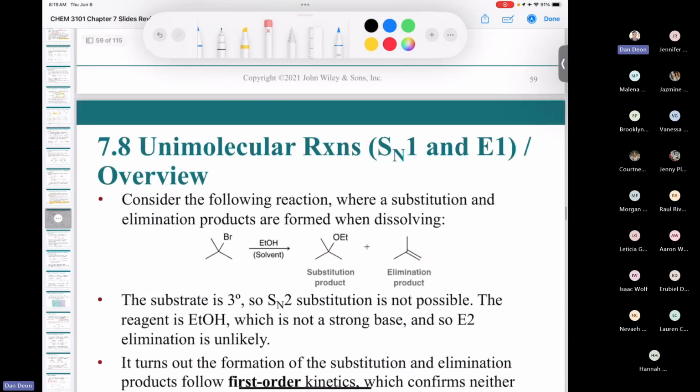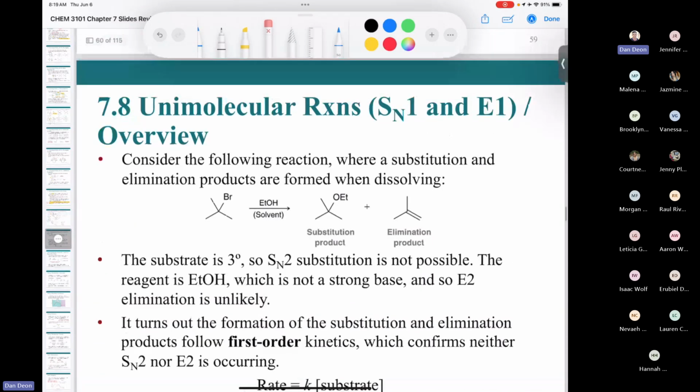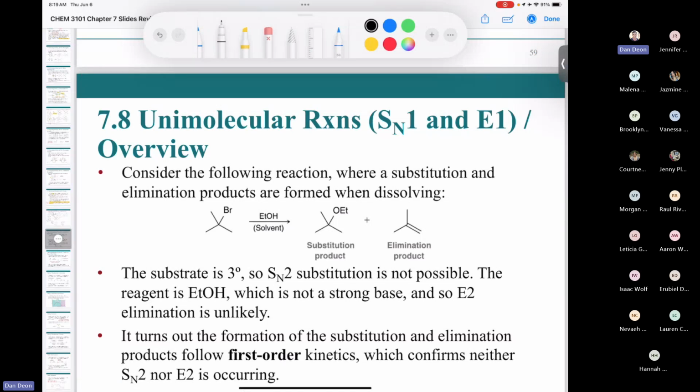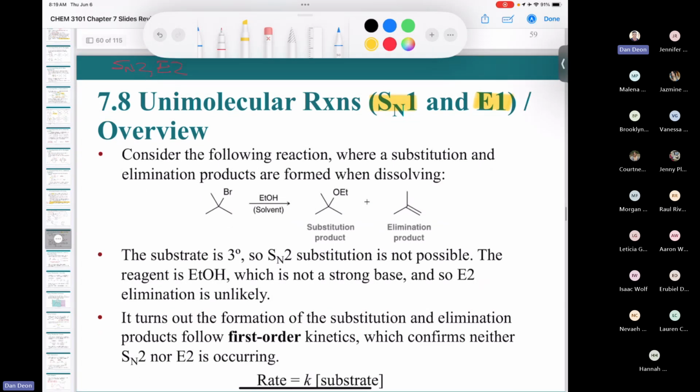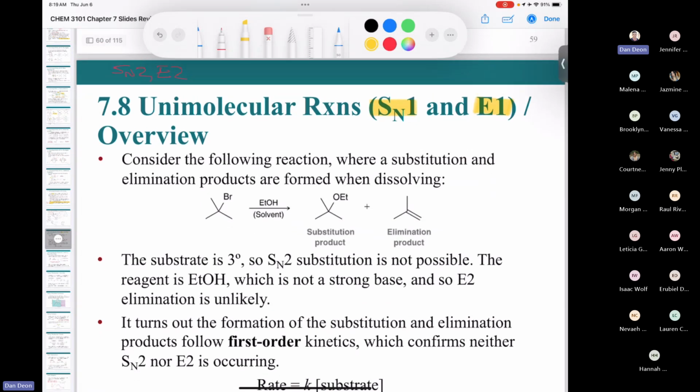So let's change the subject. We've covered SN2. So far we've gone into all the details of SN2 and E2 reactions. And now we're going to turn our attention to SN1 reactions and E1. Now, in an SN2, the S stood for substitution and the N stood for nucleophilic, the 2 stood for second order. So what it means is that when we study SN1 and E1 reactions, it's substitution, nucleophilic, elimination, but 1 means first order